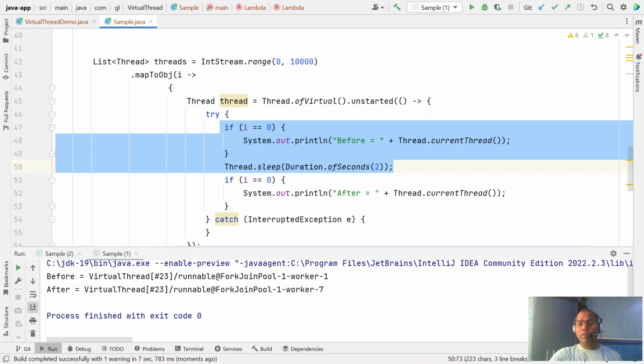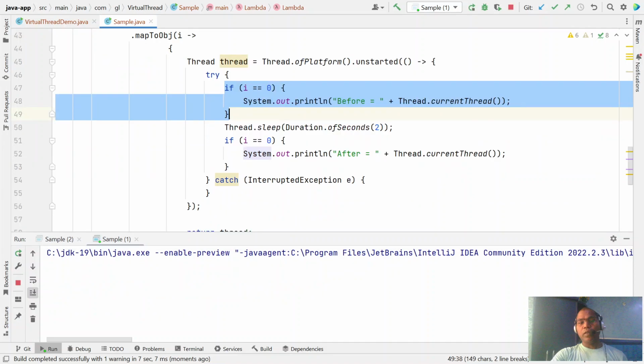It will take some time to create them. Let's run one more time. But each time you notice that the first portion is done by the same threads and the later portion is done by other threads,